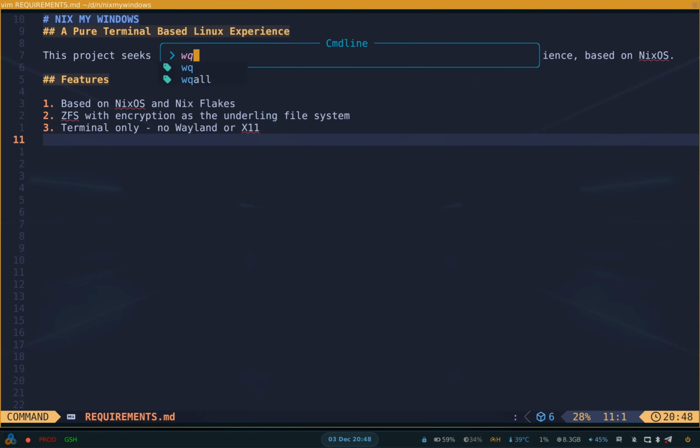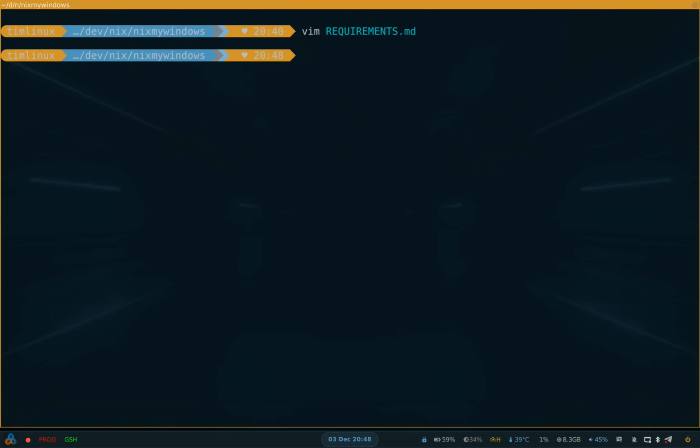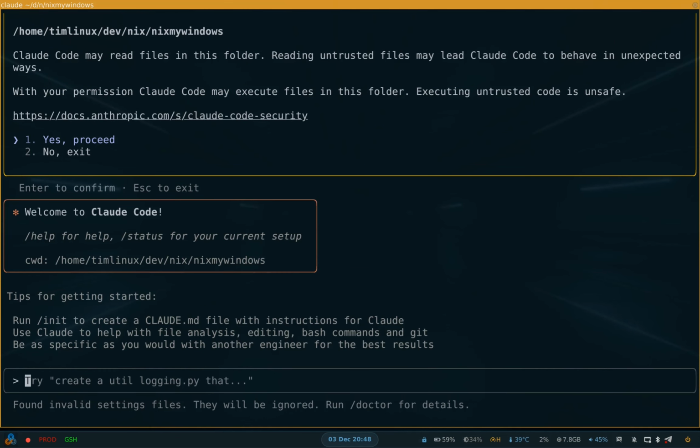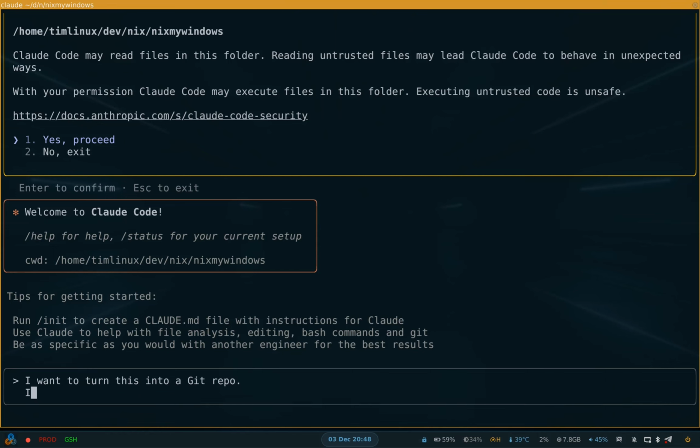Okay, so what I'm going to do now is I'm going to do a little bit of Claude, and I'm going to ask it to turn this into a Git repo first of all. I'm going to tell it that I would like a .github folder with readme.md and